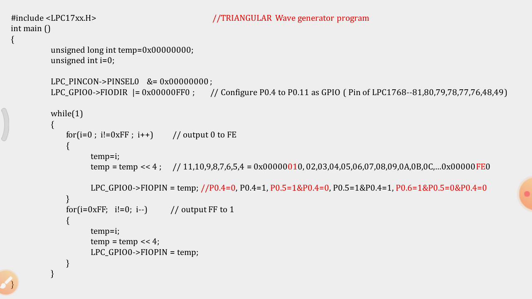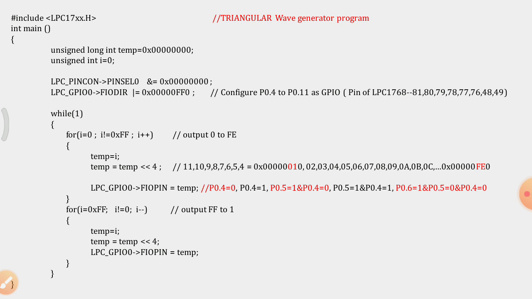Now again it is incremented, so P0.5 is equal to 1 and P0.4 equal to 1. That is the value 3. Again it is incremented by 1, 4. 4 means 1, 0, 0: P0.6 is 1, P0.5 is 0, P0.4 is 0.